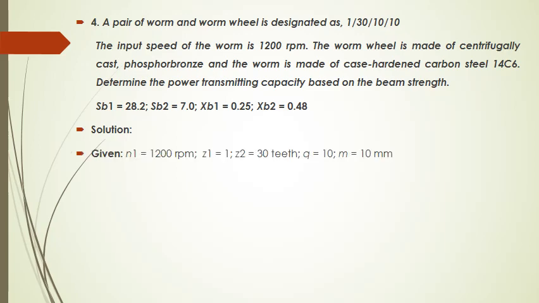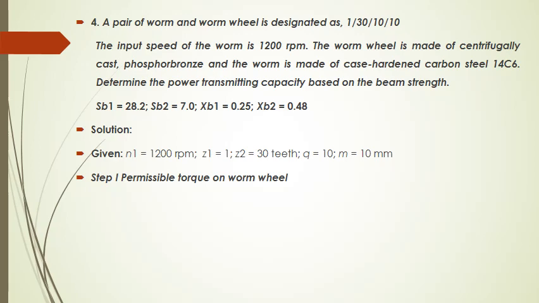These are the given quantities. N1 is equal to 1200 rpm, Z1 is equal to 1, Z2 is equal to 30 teeth, Q is diameter quotient is equal to 10, M is equal to module which is equal to 10 mm. Therefore step 1, permissible torque on worm wheel. We have to find out first of all permissible torque on the worm wheel, and then we will find out